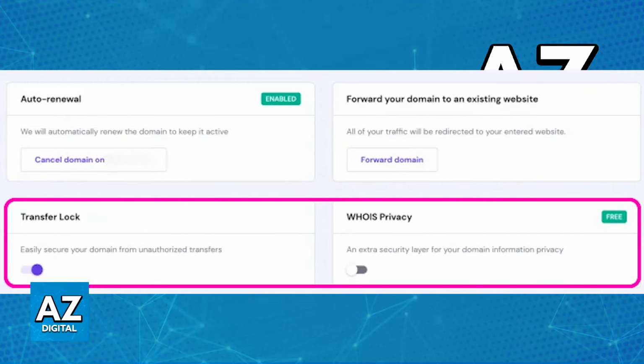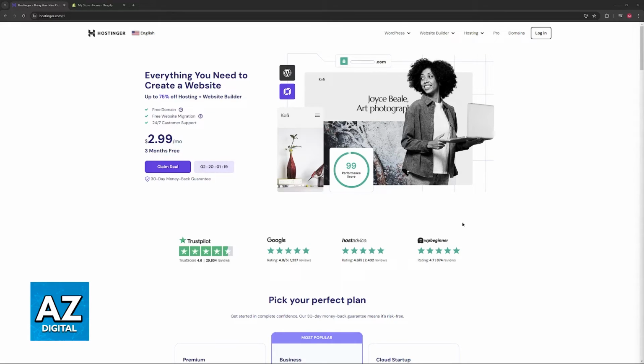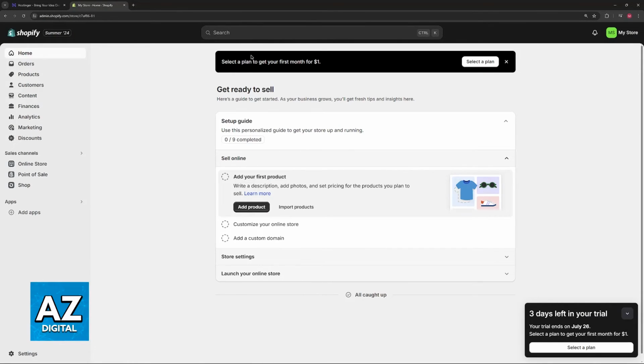Next, you need to obtain the authorization code, usually referred to as authorization code or EPP code. So you might not need this for Shopify, but it's good practice to always have it stored, especially when you unlock the domain. This unique code verifies the ownership of the domain when making changes. Once you unlock the domain and you get the authorization code, just in case, switch over to Shopify.